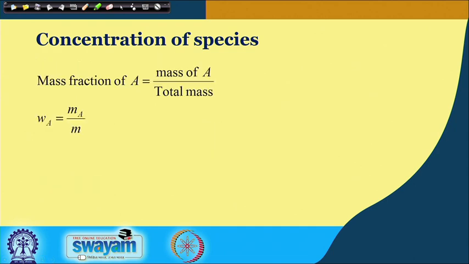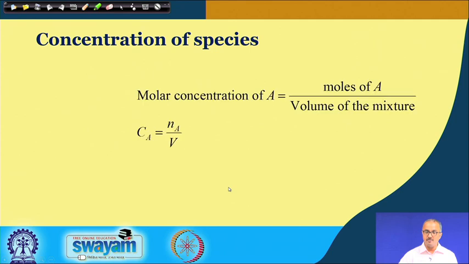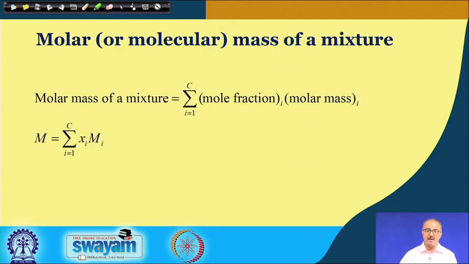Here we have the mass fraction. It is defined as the mass of a species divided by the total mass of the mixture and is represented like this. Okay. And then volume fraction is the volume of a particular species divided by the mixture volume, and lastly the molar concentration, it is the moles of a particular species divided by the volume of the mixture. So, these are some of the concentration units or various ways of representing concentration,